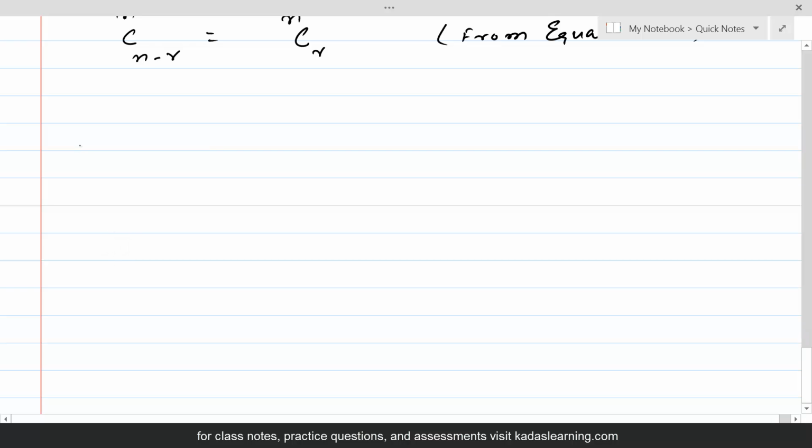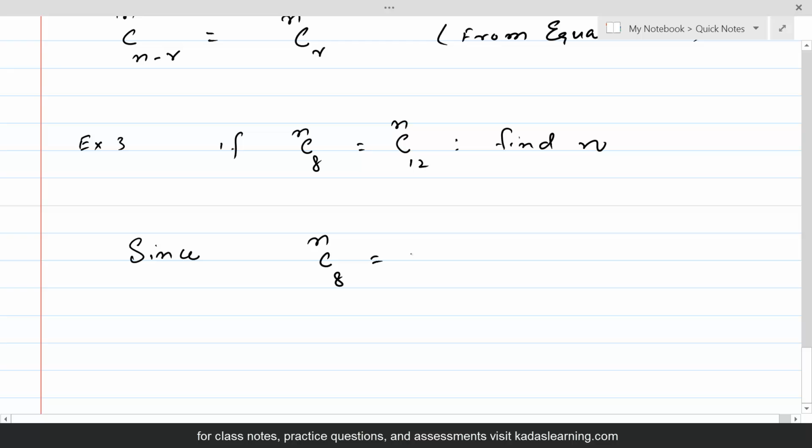Example 3: if NC8 is equal to NC12, then find N. Now since NC8 is equal to NC N minus 8, according to the formula NCR is equal to NC N minus R,